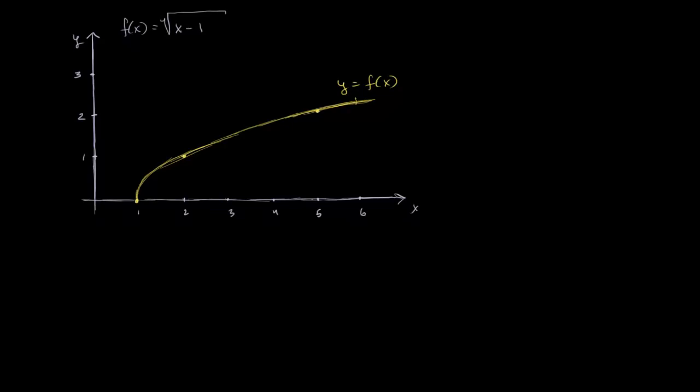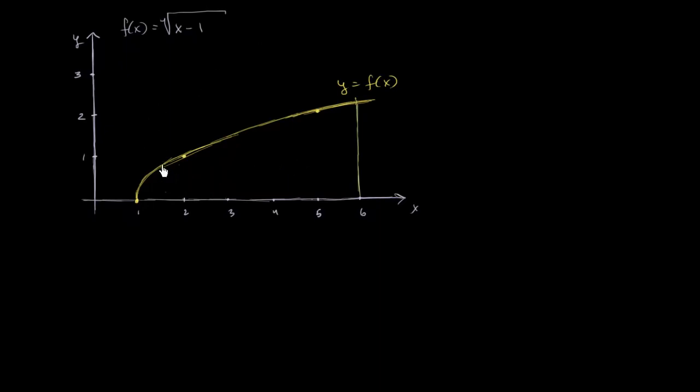For fun, let's try to approximate the area under the curve y is equal to the principal root of x minus 1, between x is equal to 1 and x is equal to 6. So I want to find this entire area, or at least approximate this entire area. And the way I'll do it